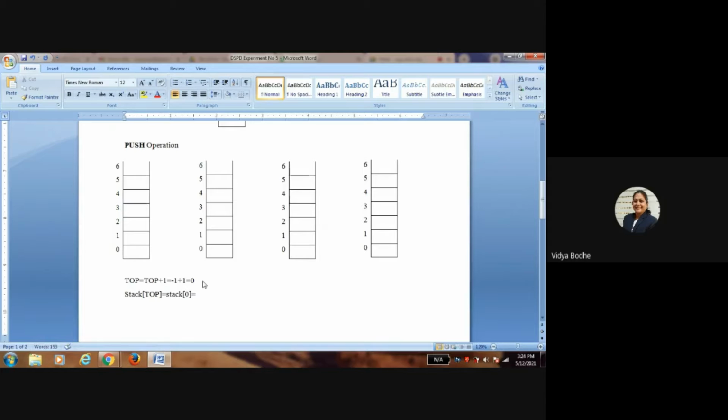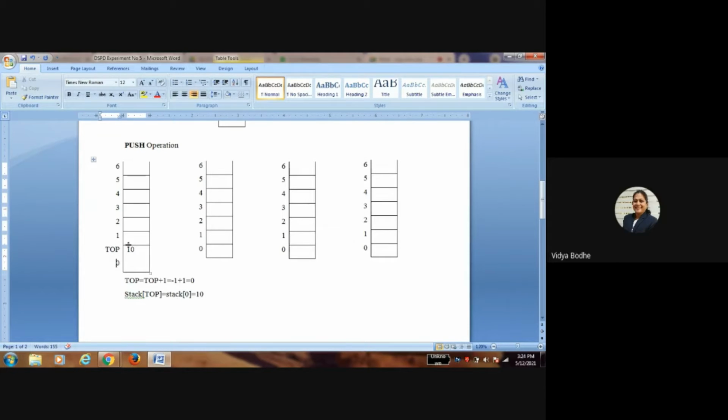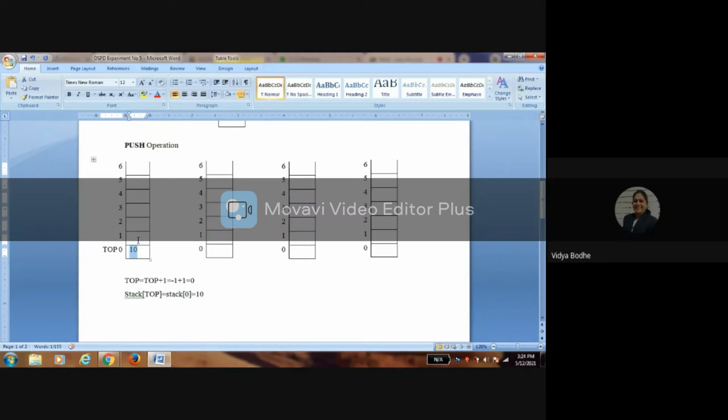Here we insert the first element 10. So 10 is inserted at stack of 0, as top is now at 0 position.